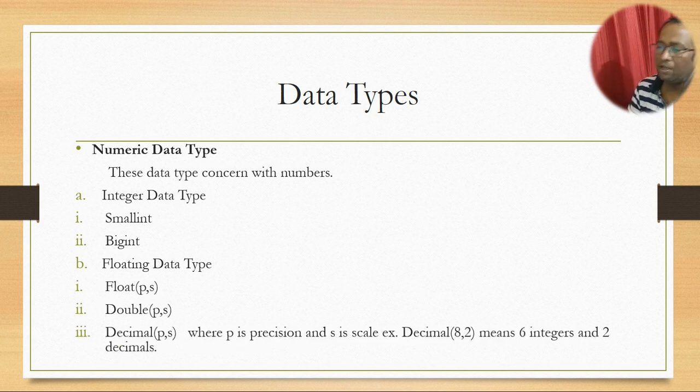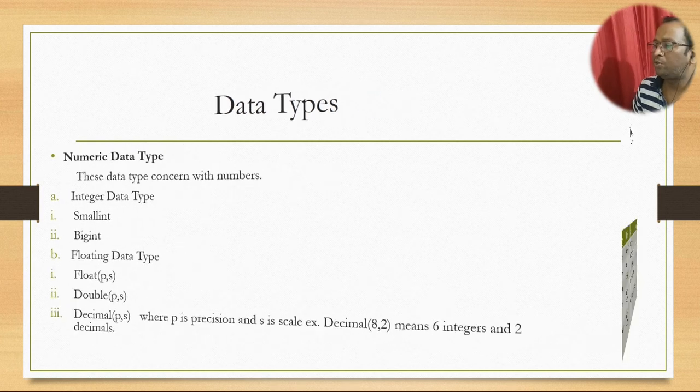You can see here the float data type has two parameters. For example, if I pass the two parameters 10, 2 or 8, 2, it means 6 digits for the integer part and 2 digits for the decimal value. That's why we have written here P, S. P means precision, and S is for the scale. For example, decimal 8, 2 means